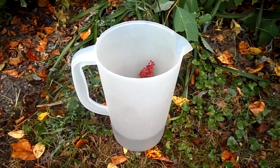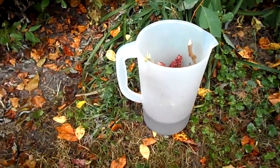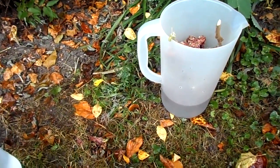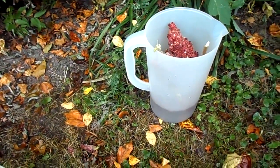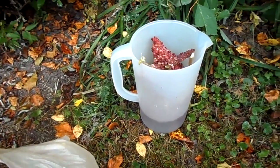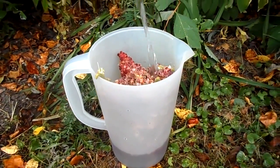And again, I recommend that with any wild edible that you're looking into consuming or using, make sure that you thoroughly research it. This video is just a guideline, but make sure that you do the research yourself as well. Now anyways, as you see what I'm doing here, I've picked about 6 to 7 clusters, and I'm putting them in a pitcher here, and I'm going to be pouring cold water in and letting it sit for several